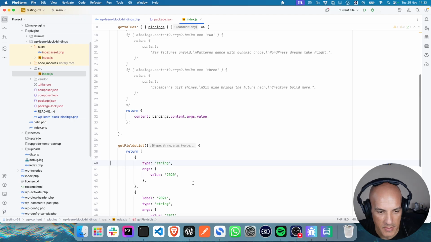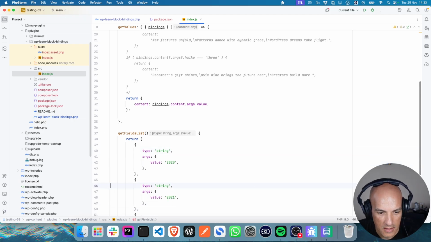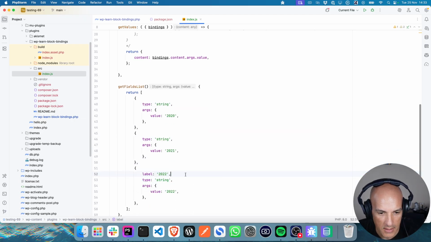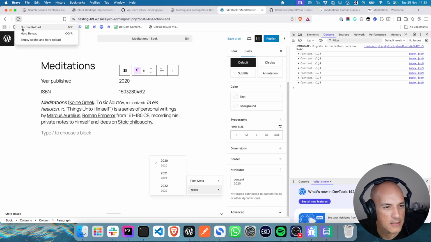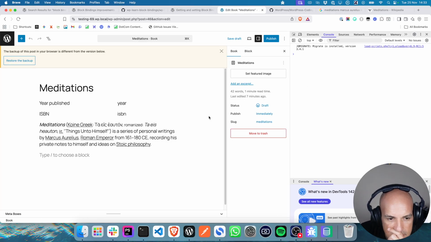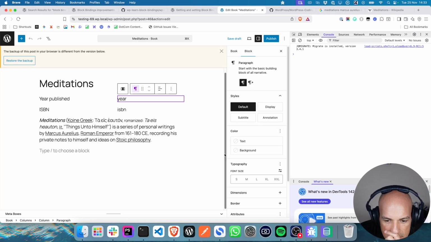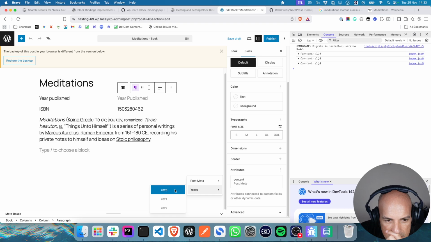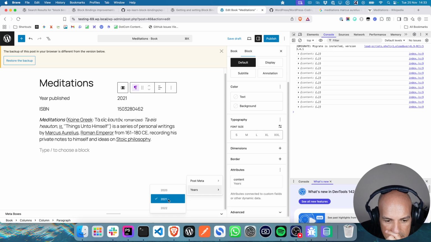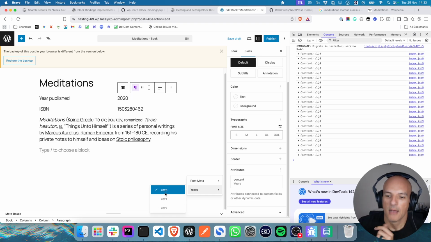Probably don't need the label for something simple like years. It would be cool to build an example that... Let's see what that does. That's kind of cool. I like it. That's a nice simple one.